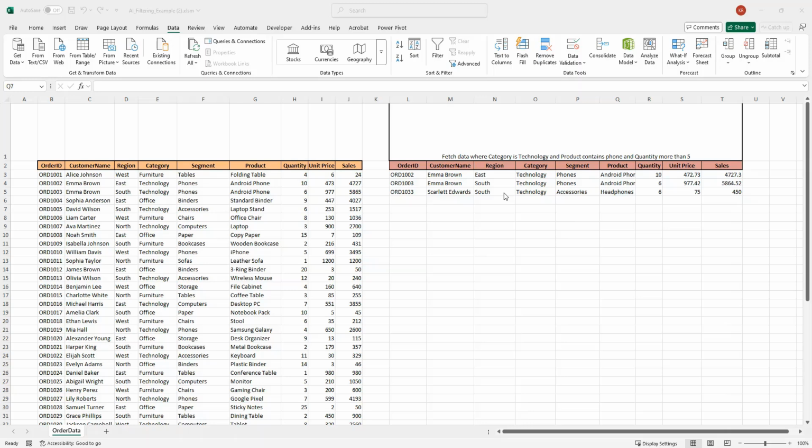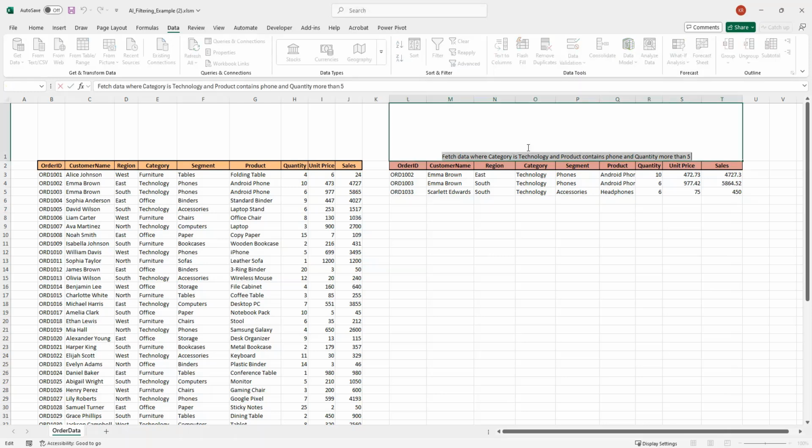Y'all could also provide the prompt in SQL, structured query like syntax. People who are familiar with databases are comfortable providing those queries, so even if you provide the prompt in that format, this approach will work. Let me give you an example. This time, the prompt I am writing in the SQL format. So I'm writing select from, and I could give the name of this sheet, or I could just mention data, whatever it is, that is fine. I will write the name of the sheet: select from order data, where